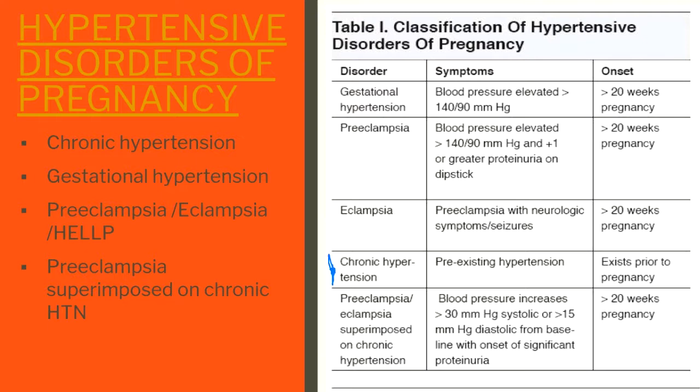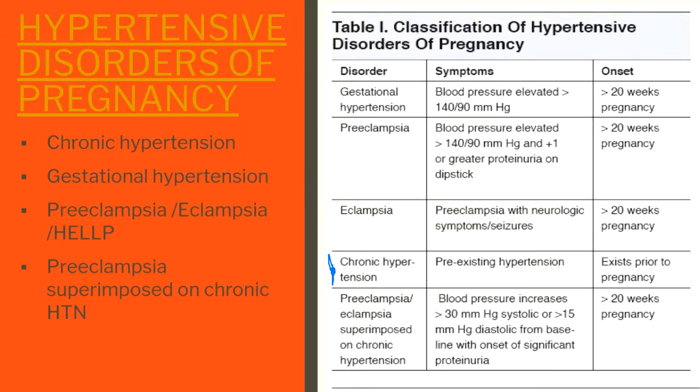And what that is, normally, what is happening to my blood pressure during pregnancy? Is it increasing or is it decreasing? It's going to decrease, right? Everybody should know this from normal physiological adaptations of pregnancy. My blood pressure should decrease. So if a woman comes in and her blood pressure reading is 130/80, you might think to yourself, from your med-surg self, okay, that's okay, right? But actually, you have to ask yourself, what was her blood pressure before she got pregnant? Because if it drops, what was it?